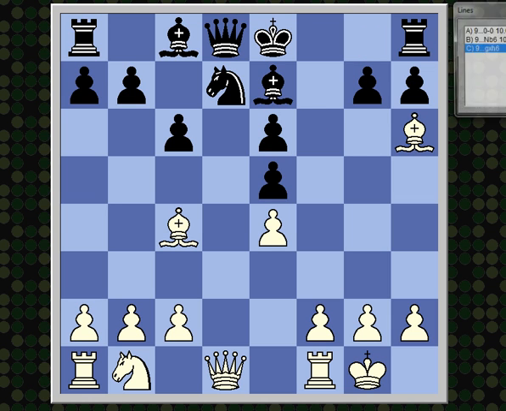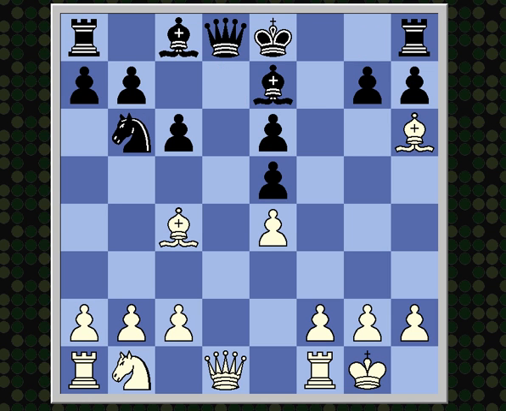So what if black plays knight b6 instead? Black is trying to set up a situation where this bishop is hanging and this bishop is also hanging, and he wants to win a piece, basically. So